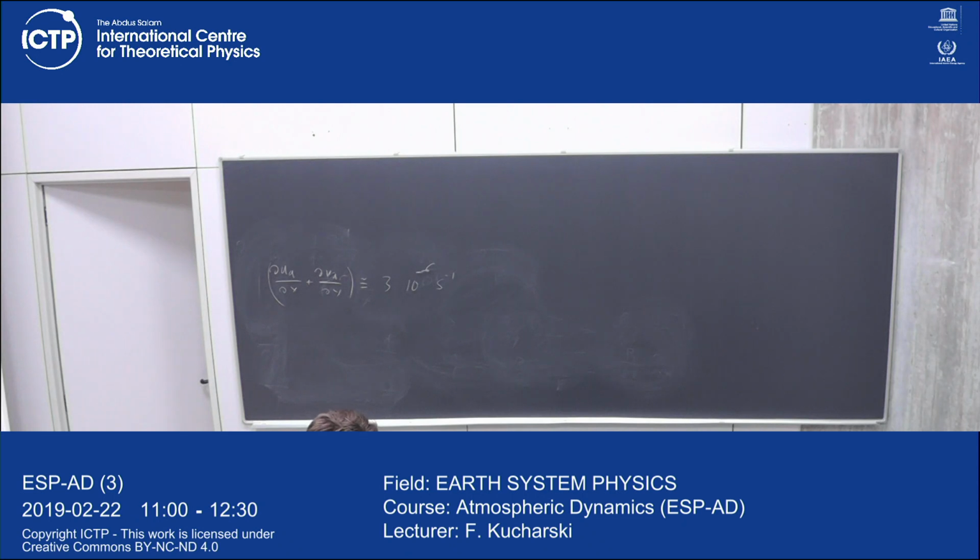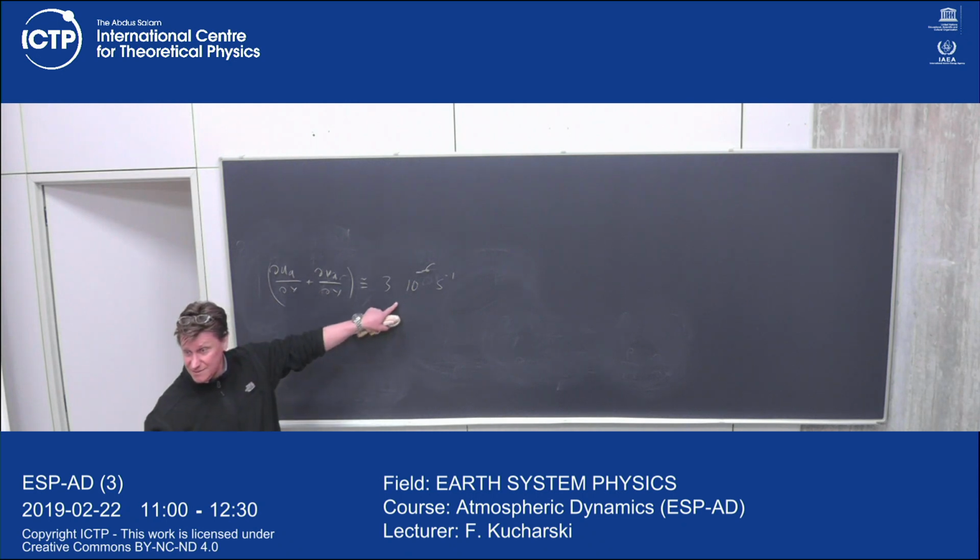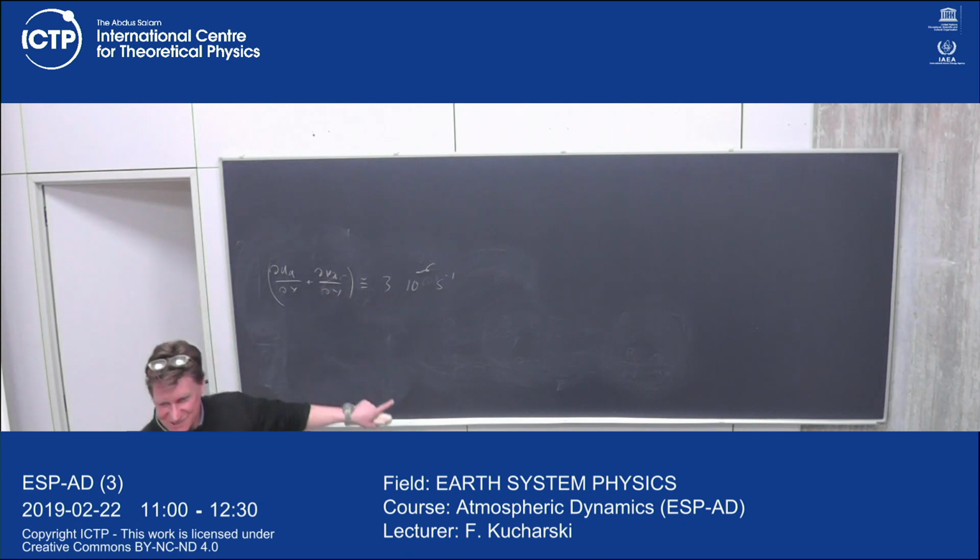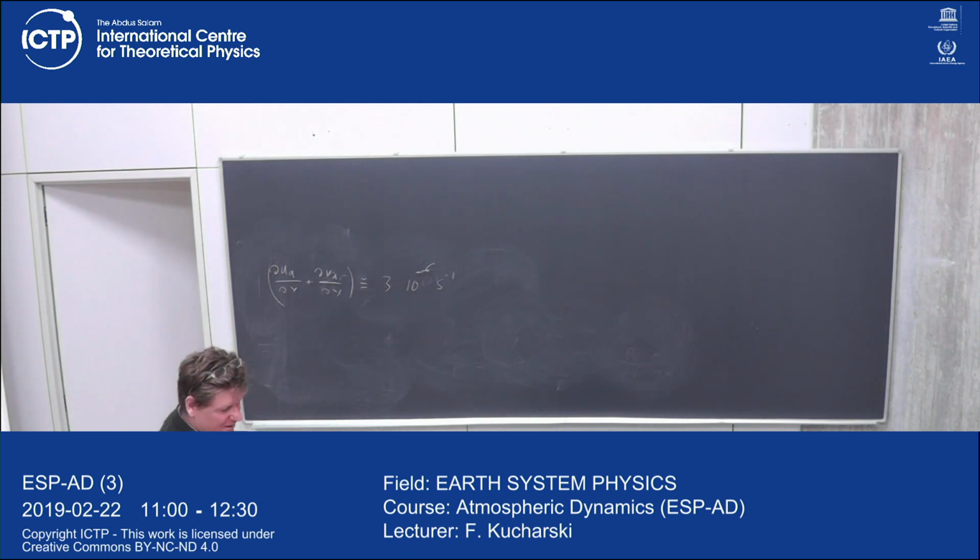Beta over F naught can be estimated by the radius of the Earth, and so on. So does someone have this value? Can you confirm this? No? 1.6, 10 to the minus 6. 1.6. We have to converge on some common value. This is clear, no? The equation to be used was just the